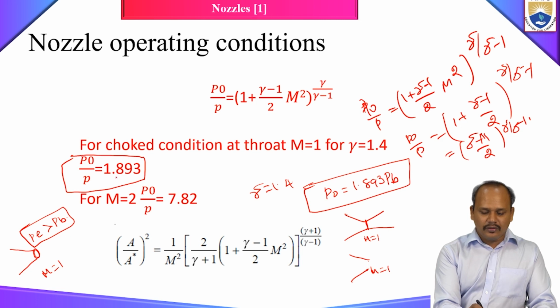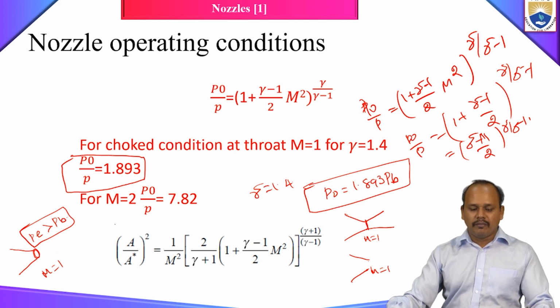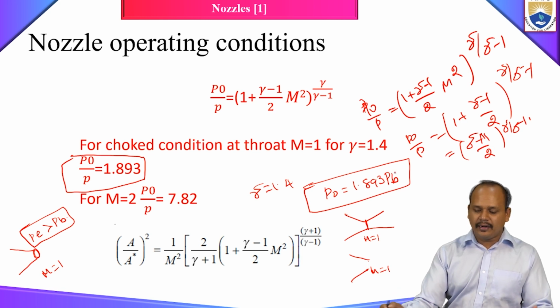A convergent nozzle is capable of fully expanding a flow which has P naught of 1.893 times PB. If I give less than 1.893 times your PB,